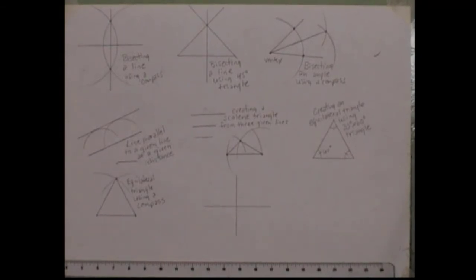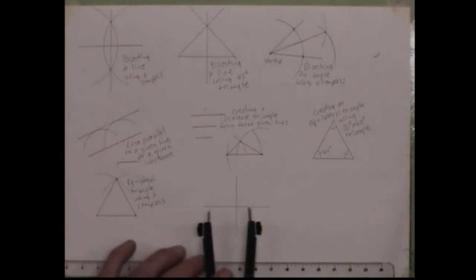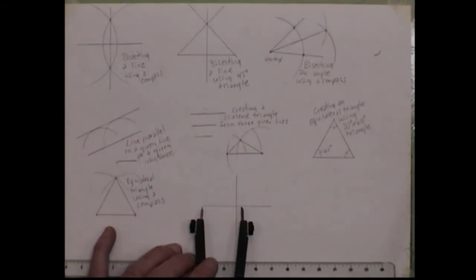Now we're going to make this inscribed. Okay, and what did inscribed mean? Inside the circle. So what I want you to do, and everybody's circle is going to be a little bit different because you're going to base it on how big you drew your center lines, is take your compass